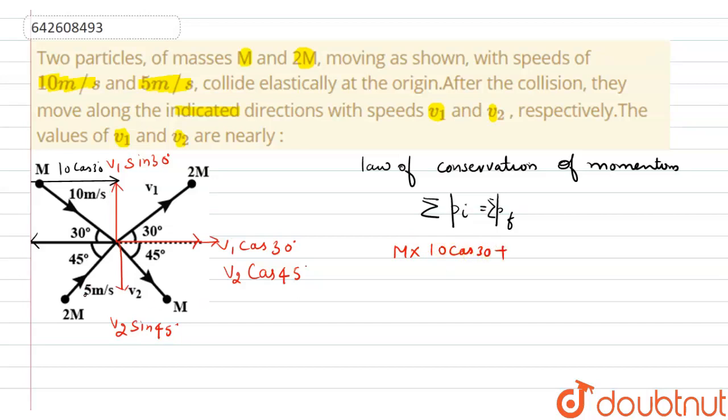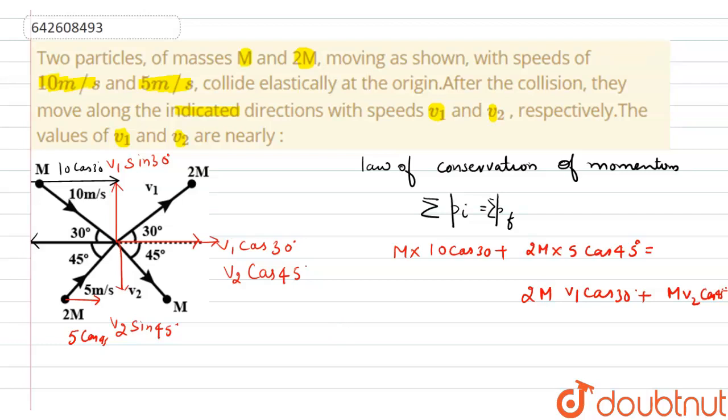Similarly, in case of 2m, its horizontal component will become 5 cos 45 degree, so it will become 2m into 5 cos 45 degree, equals, now for the final velocities, 2m times v1 cos 30 degree plus m v2 cos 45 degree. This is 45 degree. So now after solving this equation,